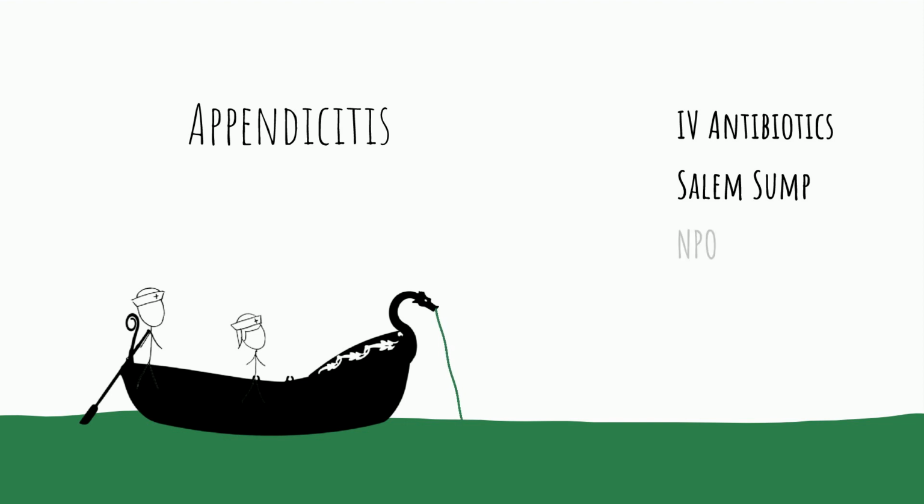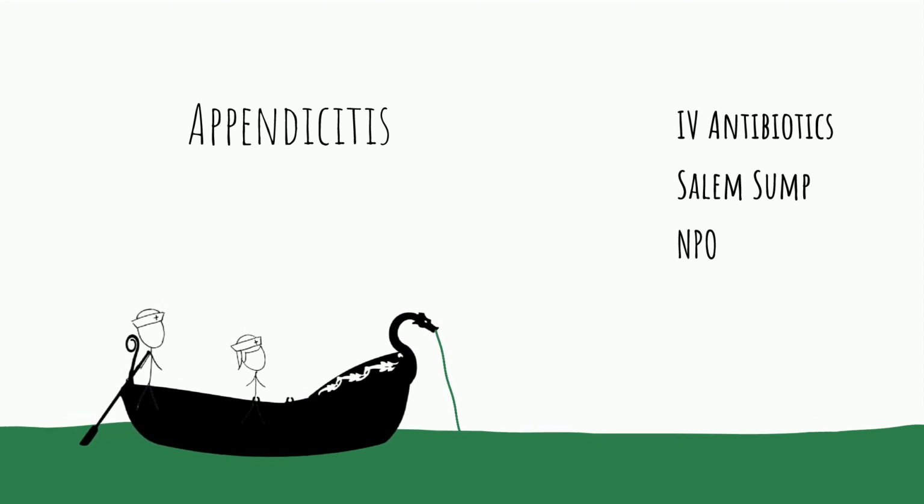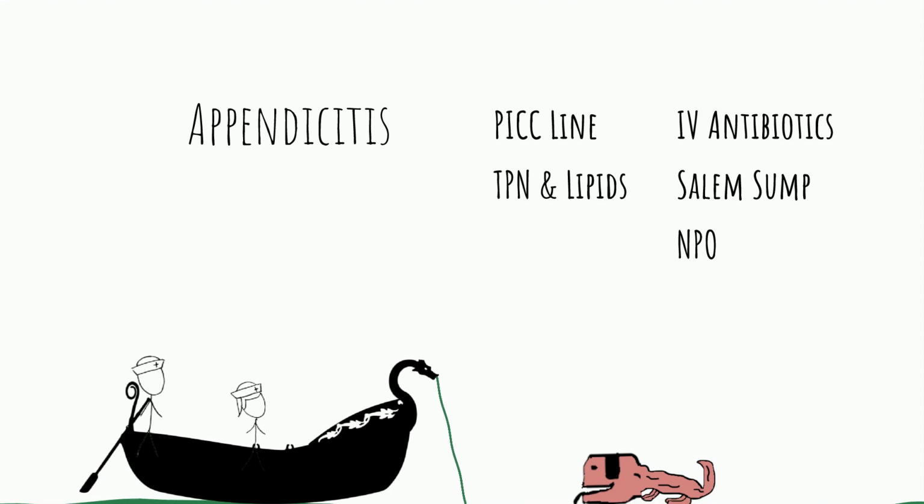These kids can't eat. If they did, the food would just get sucked back out of them. So they usually need parenteral nutrition, i.e. a PICC line with TPN and lipids. Once the GI tract is cleaned out, the Salem sump is removed, the patient is allowed to eat, and they're sent home on antibiotics. A few weeks later, they have to come back to get the tattered remains of their